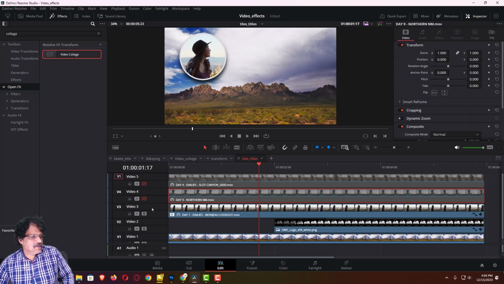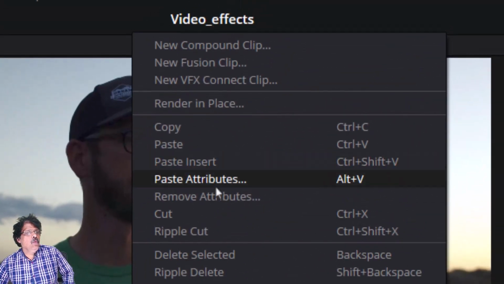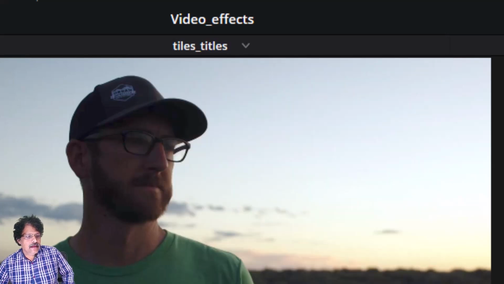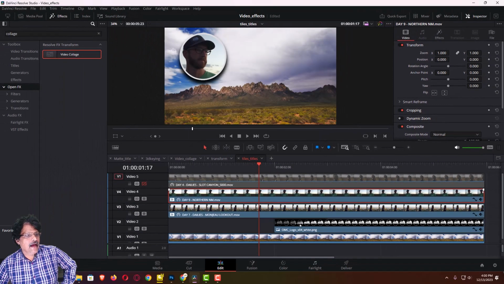Now select video 4 and enable it, and in video 4 now right click and you have one option here, paste attributes, and the keyboard shortcut for this is Alt V. So when you press Alt V, you have this option paste attributes opening, and in this enable only the plugins and click apply. Now automatically this plugin is applied over here, but only thing is I have to readjust this